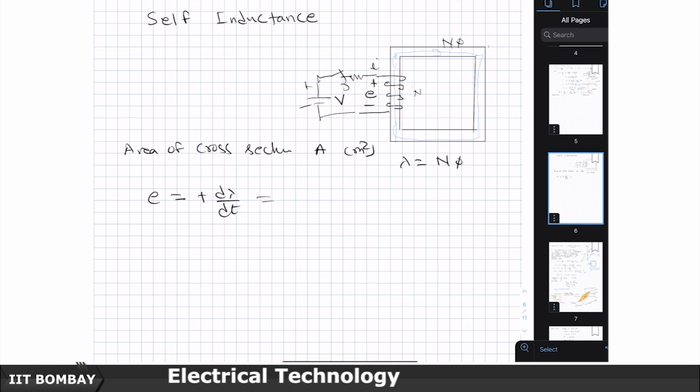So, the n times of phi is the flux linkage. So, you will get it as n d phi by dt,